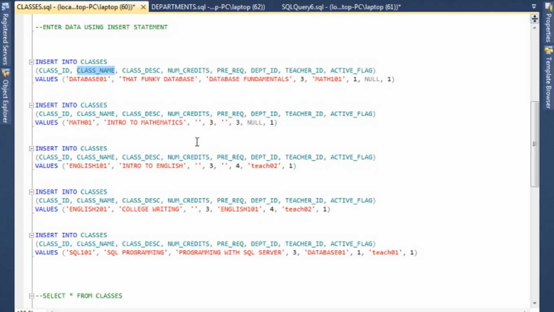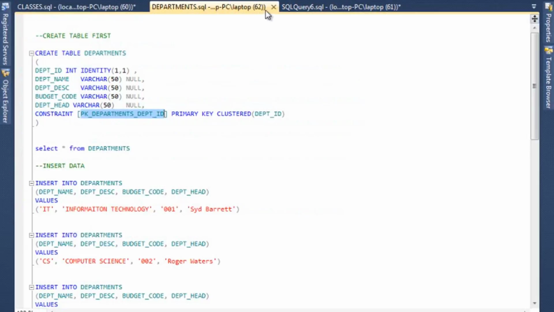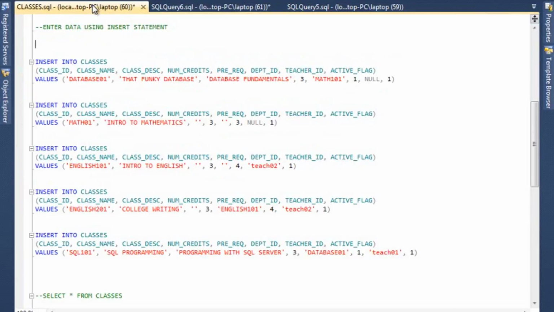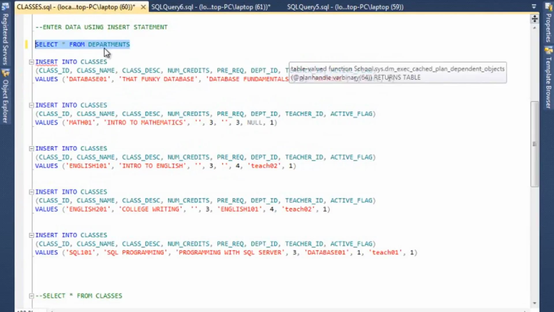We are going to insert values into the class ID, class name, description, number of credits, prereq, department ID, teacher ID, and then active flag. Okay, and remember that I'm going to actually kill this one. Department IDs we have is 1, 2, 3, 4, and if you want to do a quick check on what they are,